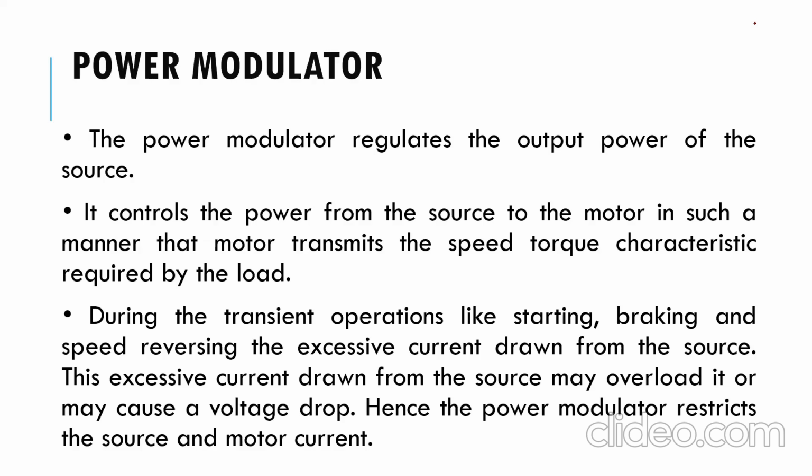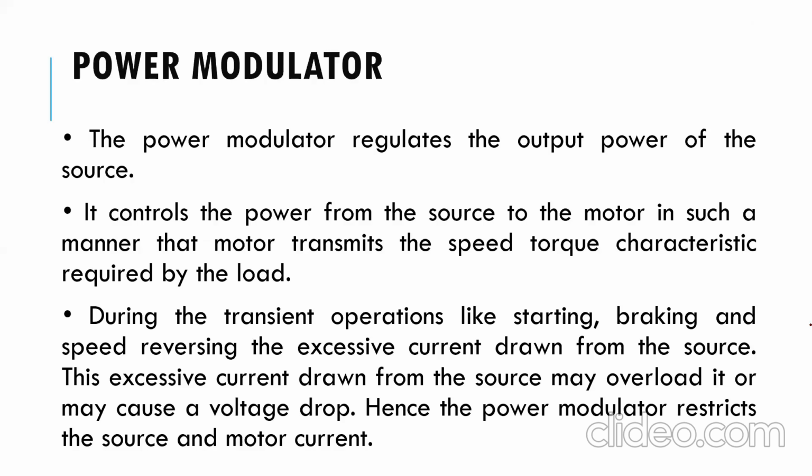Means what? To get a required operation, you have to control the motor through the power modulator, if you want the type of supply the load requires. म्हणजे तुम्हाला जे रिक्वायर्ड सप्लाय लोडला द्यायचा आहे, तो जर मिळवायचा असेल तर आपल्याला त्या ठिकाणी पॉवर मॉड्युलेटर, रेक्टिफायर किंवा इन्व्हर्टर इन्स्टॉल करावंच लागेल. डायरेक्ट सप्लाय जर दिला तर हे पॉसिबल नाही आहे. मॅन्युअली काय तिथे रेजिस्टर आहे ते चेंज करू शकत नाही आहे.